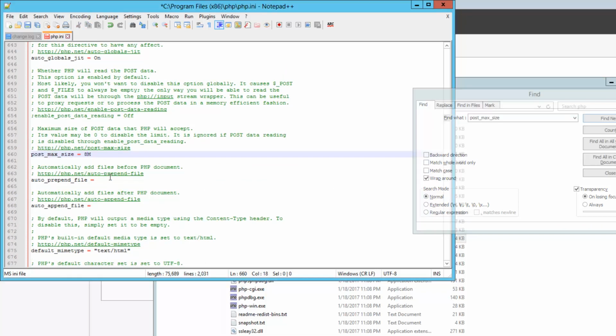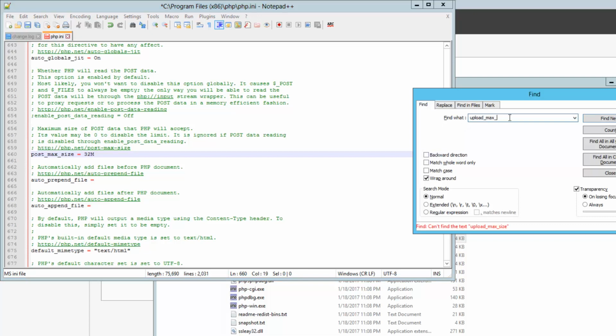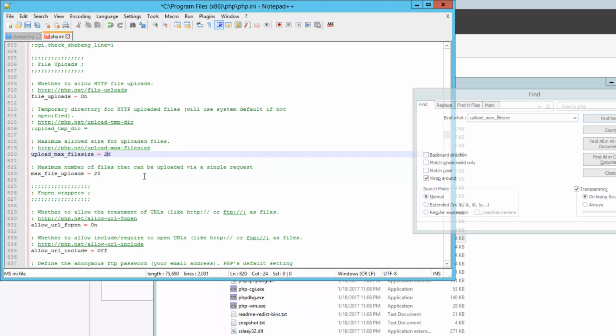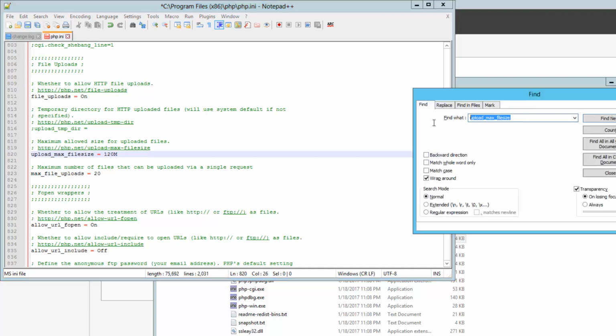I'm going to make that more than 8 megabytes so I can upload stuff that is greater than 8 megabytes. I'm also going to adjust the upload max file size. I'm going to make this 120 megabytes. That's because I plan on uploading MP4s that could potentially be up to that size. Well, maybe not more, but